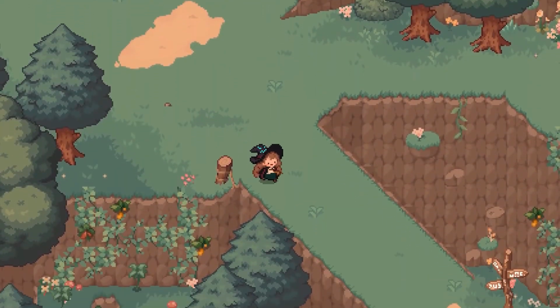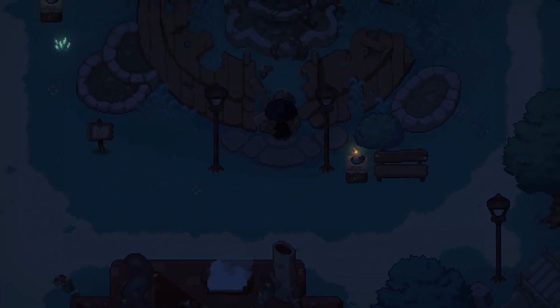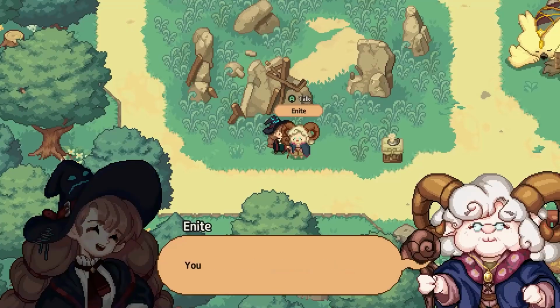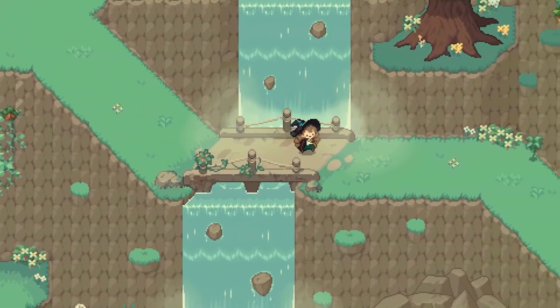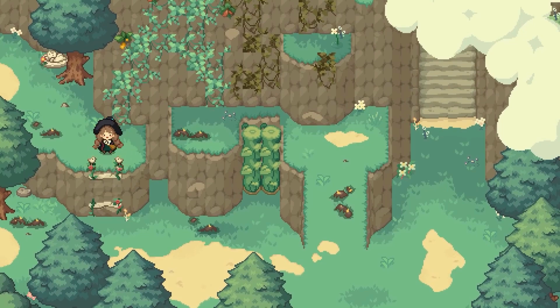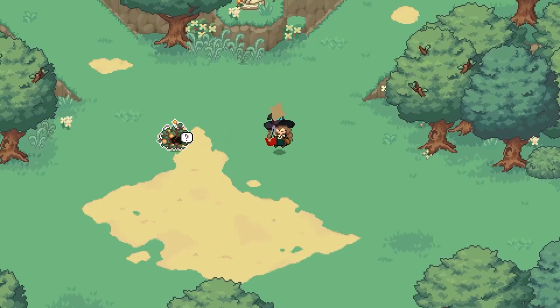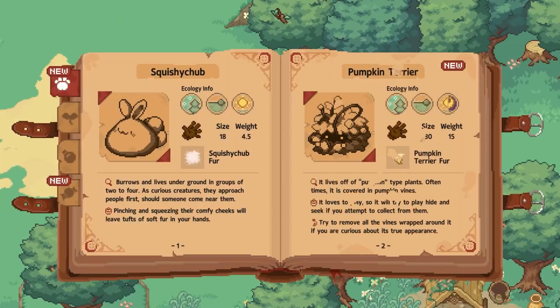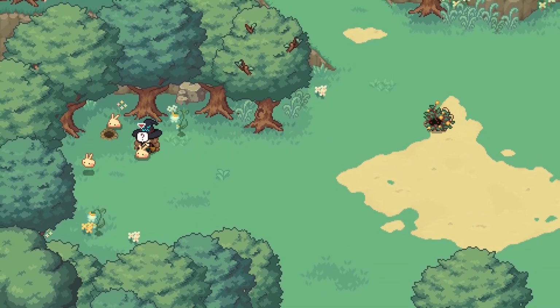Starting off with our first game, we have Little Witch in the Woods, which is a charming pixel art fantasy RPG where you play as Ellie. Ellie is a young apprentice witch who arrives in a quaint town brimming with enchanting residents in need of her magical touch. You'll explore a mystical forest teeming with magical creatures, concoct potions, and dive into the daily life of